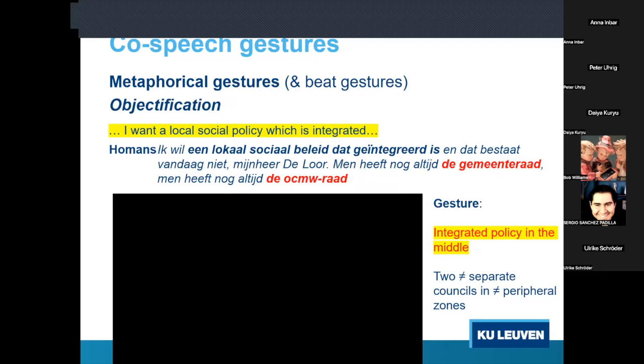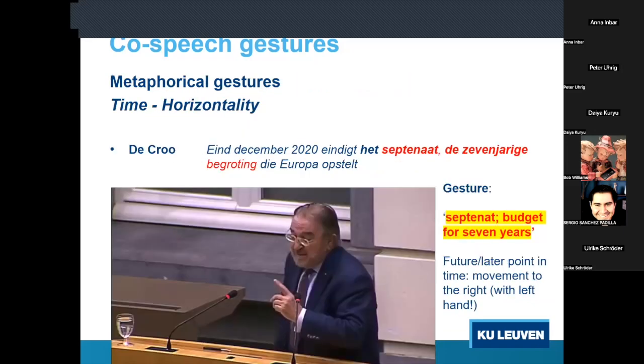Another type of metaphor is representation of time in terms of horizontality. And since in the West we write from left to right, future is being situated to the right and past to the left. This is what we did yesterday. We will be talking about this today. And tomorrow we will be focusing on this. Right? Have a look at this politician.